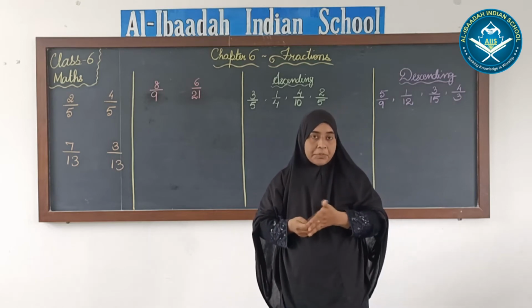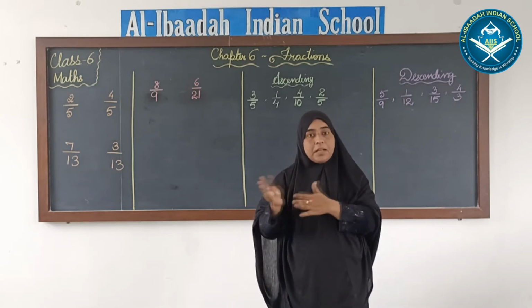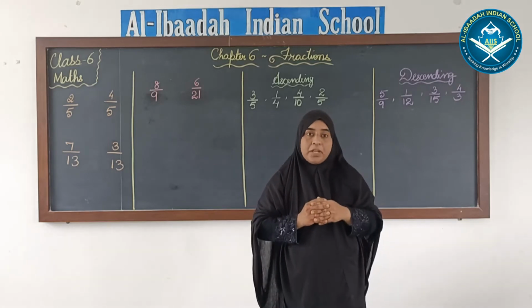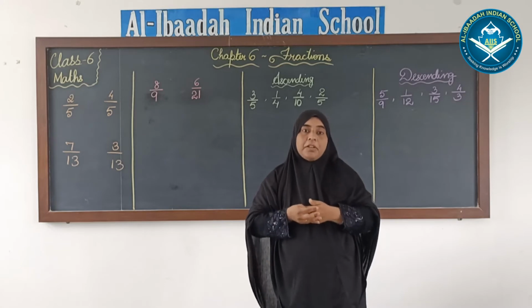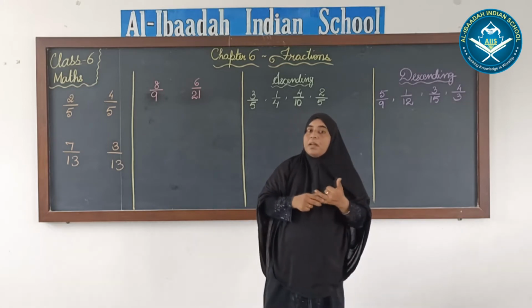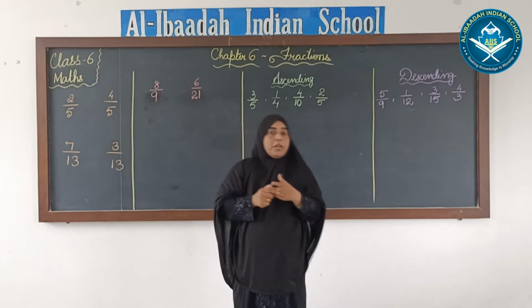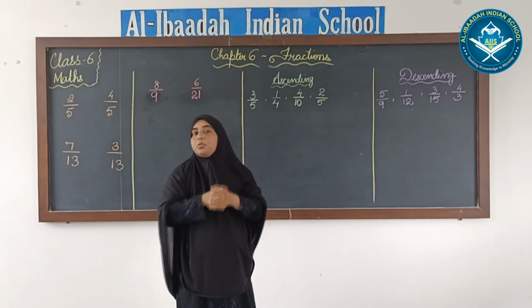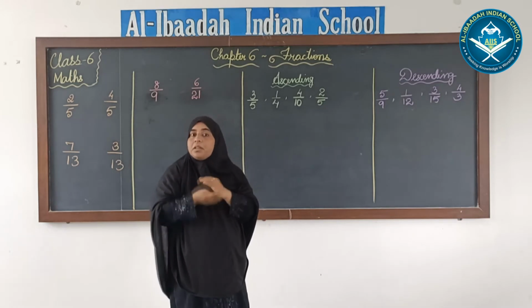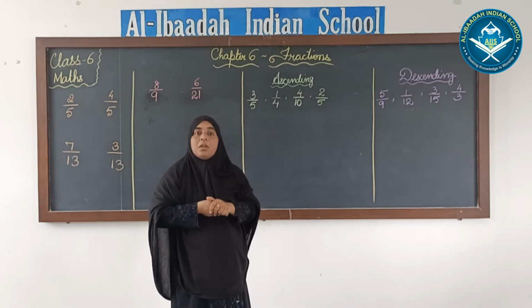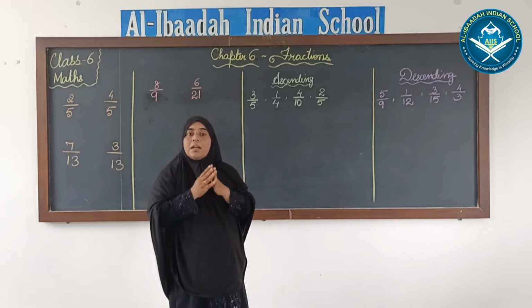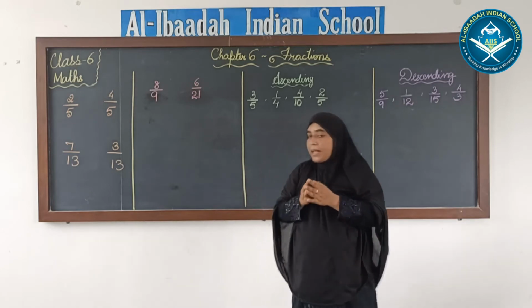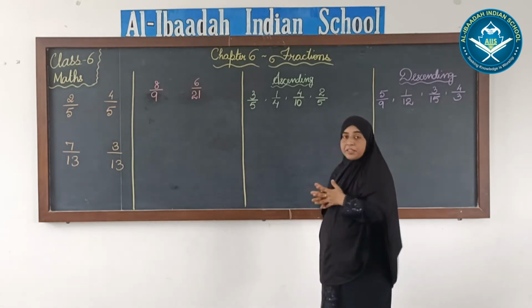add and subtract them. So in our next three videos, today's and the other two videos that are going to come, we will use this method which we are going to learn today, and we will change the unlike fractions to like fractions and do comparison, addition and subtraction. Today we are going to only do the comparison of the fractions. How will we convert the unlike fractions to like fractions? For that we will have to find the LCM of the denominators. As we do the examples, I will explain it to you.